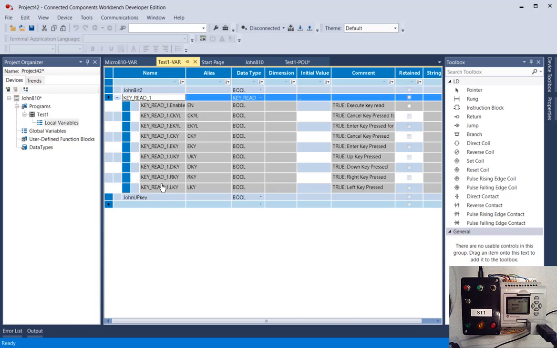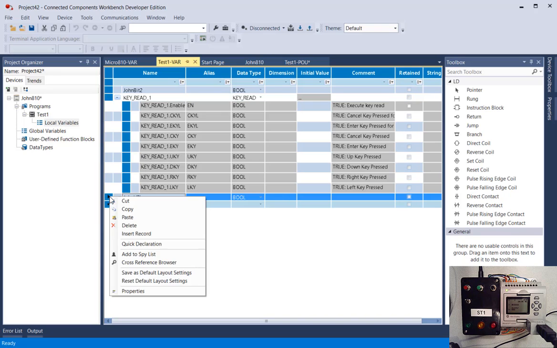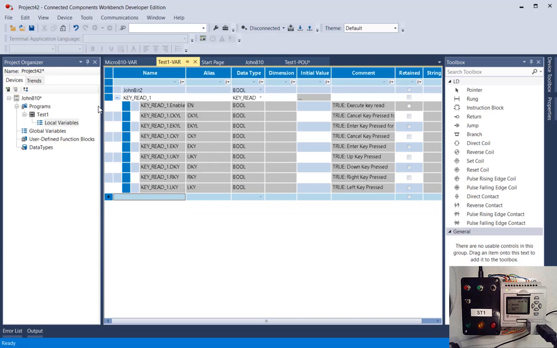So this is the easier way to do it. You can definitely create your own variable like I did right here, but I can't really think of an application where you would want to do that that wouldn't be fine just using the predefined one there. So I'm going to delete that variable I used of John up key, and now if I go back to the program